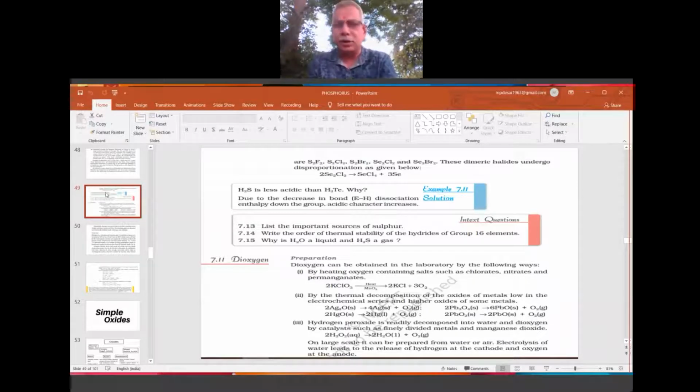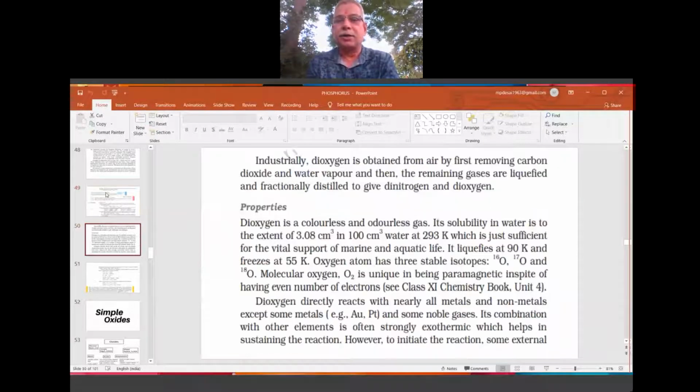Okay. So after understanding the two important large-scale methods, electrolysis of water and the liquefaction of air, we carry out the preparation of oxygen. Though we prepare it, it still contains some impurities. So further, it is finally purified by fractional distillation, again depending upon boiling point. At the end, we get almost purified oxygen,